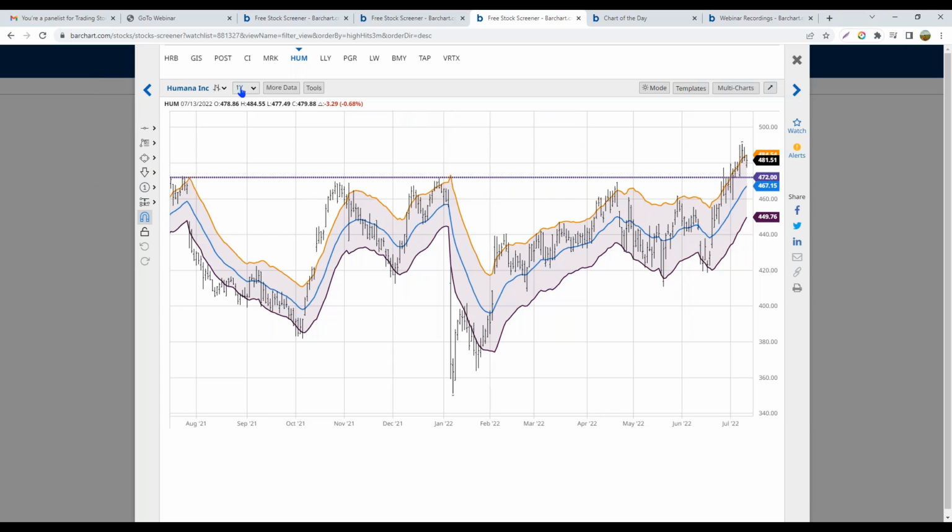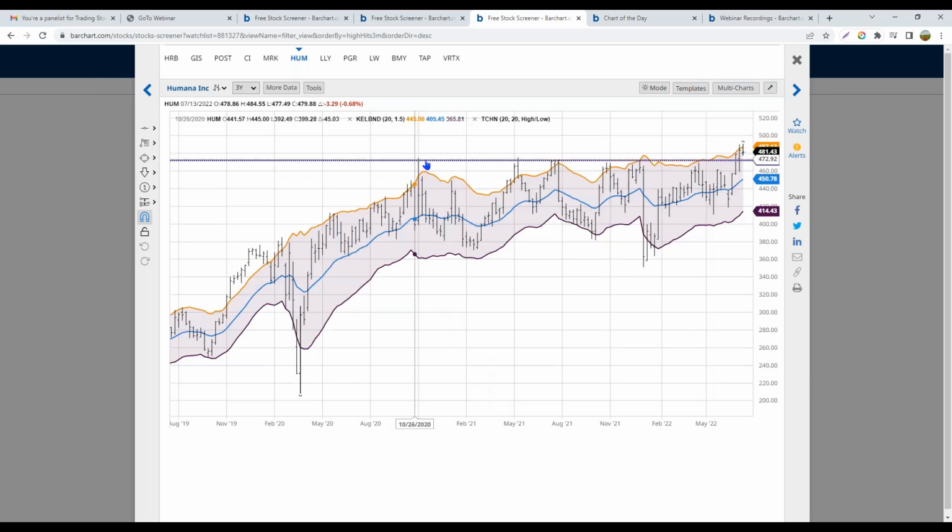For instance, let's look at Humana in terms of a 3-year. And notice this purple line here that I drew. This is a very significant new high, isn't it? I mean, we're talking about a multi-year high. And now I can see, even on the weekly chart here with my Keltner bands, that we are breaking out of highs and we're on the high end. So this could be a very significant